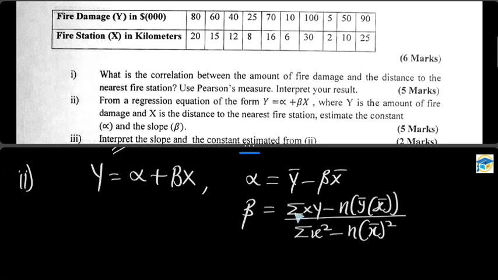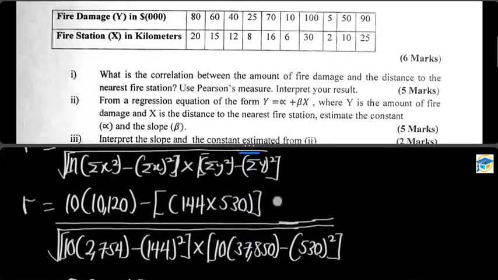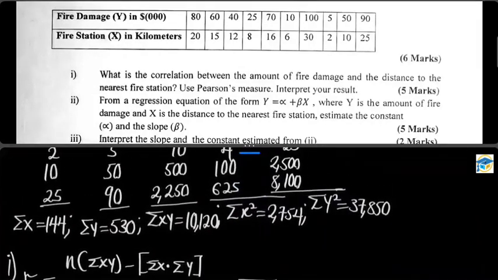All right, so we need to find the slope before we come to finding the constant. So let's see how we find the slope. But because we have y bar and then x bar, we need to go back to our table so that we calculate the value for y bar and that of x bar, so that we can easily fit. But the rest of the elements here are already in our table, so we can take them right away from there. So going back to the table, we already have